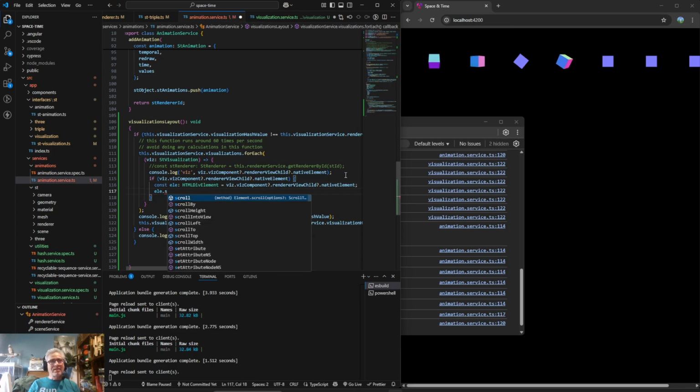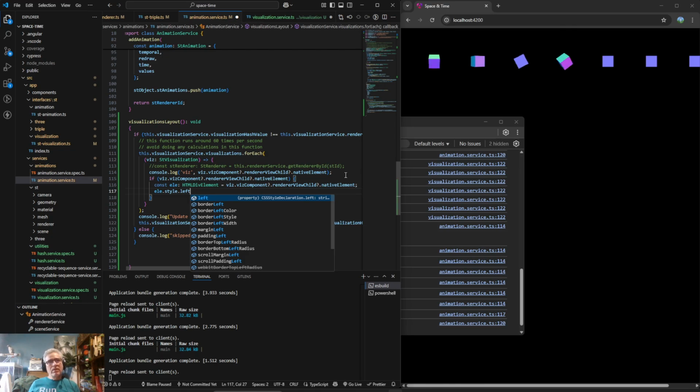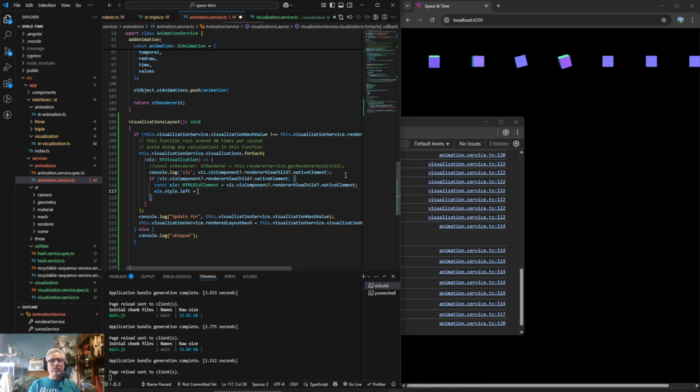I think it's like style.left, I don't know if that's right, is equal to viz. I'll be shocked if this actually works. I mean, I won't be shocked, but I will be.